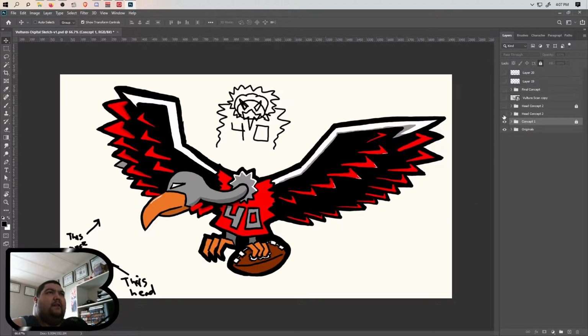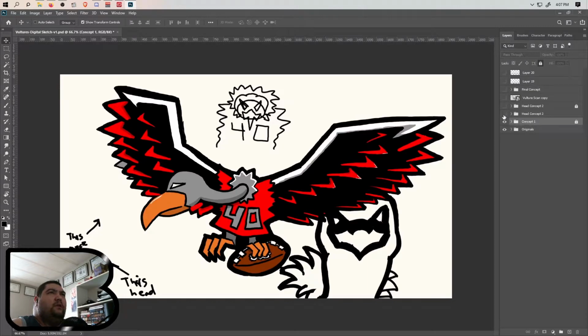So this was me trying to figure out, because I wasn't really happy with this head. It just looked depressing, sad, instead of like a vulture that would come and, it's a fantasy football reference, right? Where you vulture players. But a vulture is supposed to be kind of